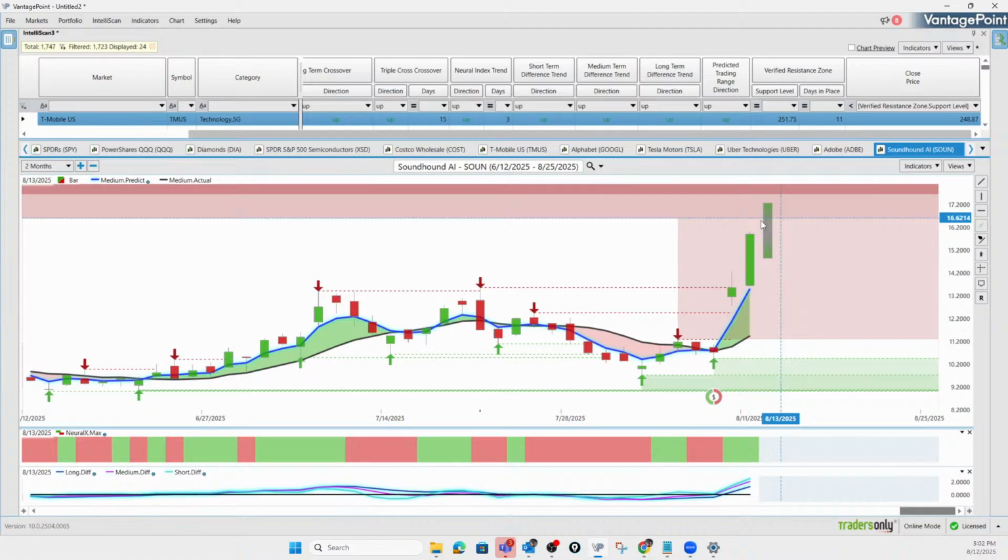So I certainly hope today's session was helpful to give you guys kind of a new outlook on assessing the markets and following that money movement. We were able to identify some great potential opportunities by just looking at the market sentiment, then moving down to the individual sector, and then eventually finding those individual opportunities that were moving in that sector as well. So stacking that confirmation, stacking your own confidence, whether you're using VantagePoint or a different platform, please make sure that you are just trading with informed confidence, making the best